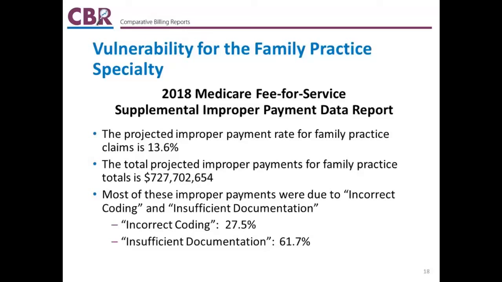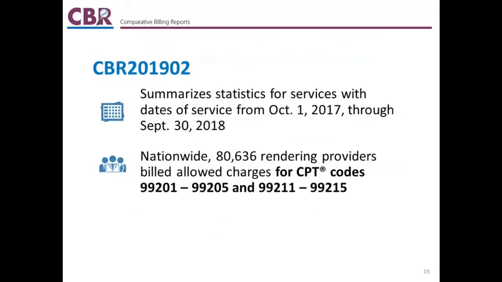After analyzing all this overall data, the CBR team was tasked with looking at the providers who submit claims under the family practice specialty, and more specifically, the claims for E&M codes under that specialty as well. In order to get detailed information for these providers who were billing family practice E&M services, the CBR 201902 was created. The CBR summarizes a year of dates of service, the year between October 1st, 2017 and September 30th, 2018. The statistics and analysis showed